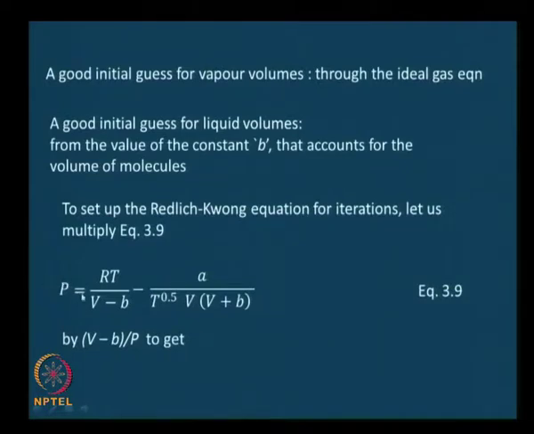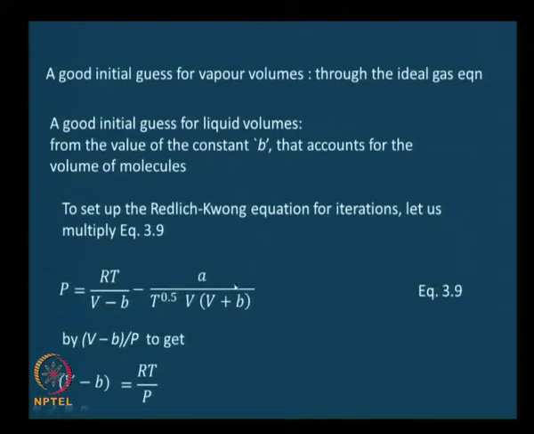So, if we focus on V on this side and V on this side, to get rid of P, let us multiply this by V minus B by P. If we do that here, we need to do that on the right hand side also, and if we do that, P and P will get cancelled, V minus B would remain. Here V minus B would get cancelled, and the first term would be RT by P,